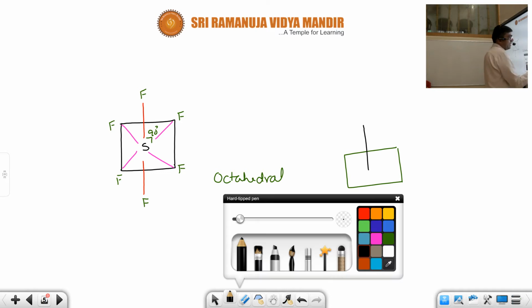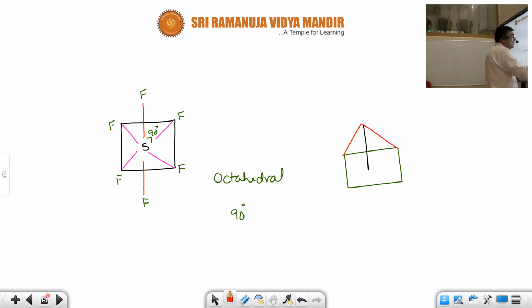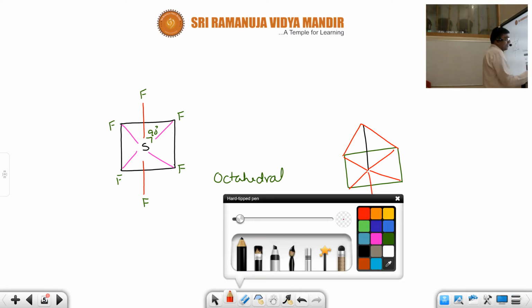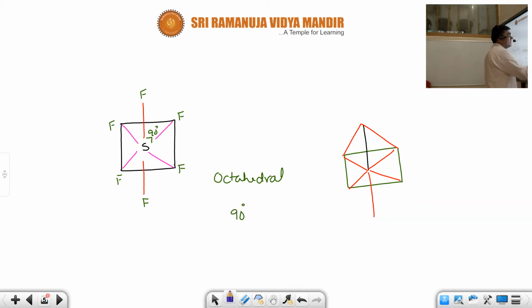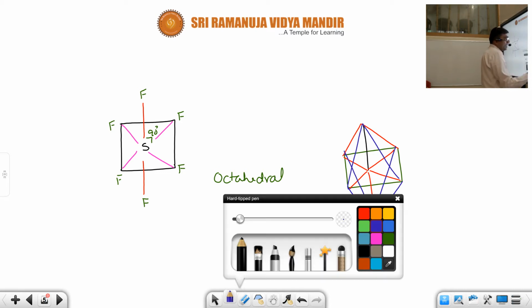It has 8 faces. Have a look. I am going to draw all the faces for you. Sorry, one second. So let us see how you are going to have different faces. These have 8 faces. You can see here how many faces there are. See, I am going to draw here for you.